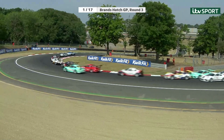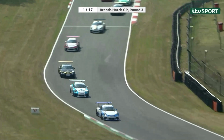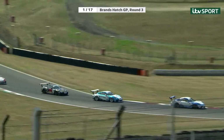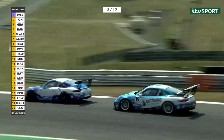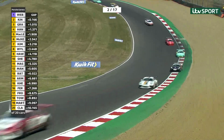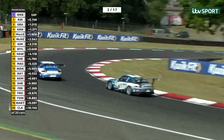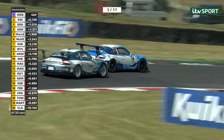Not only was his reaction the best, he got the car rolling, that perfect symmetry of clutch and throttle off the line. Look, everywhere you look, Harry King is looking to get past. So the manual of how to race Carrera Cup has just been ripped up and thrown away by Harry King because he has got his own way of doing it, and Webster goes deep into Druids, leaves the door open,